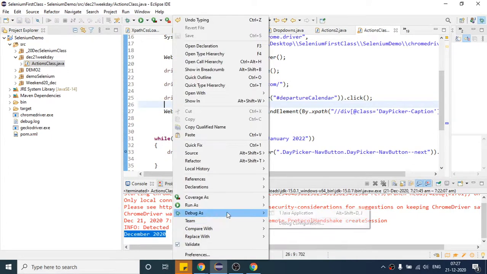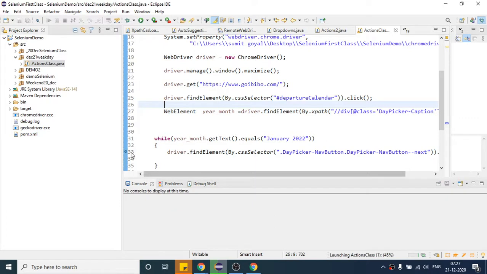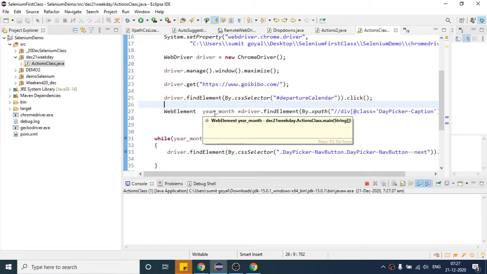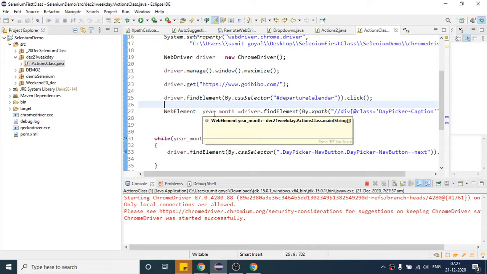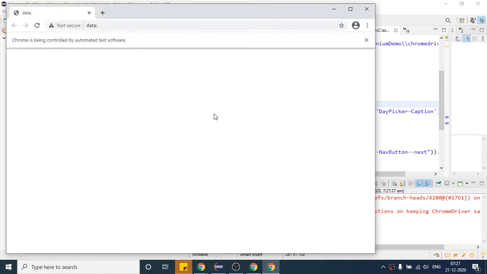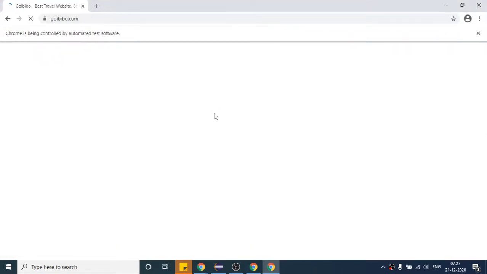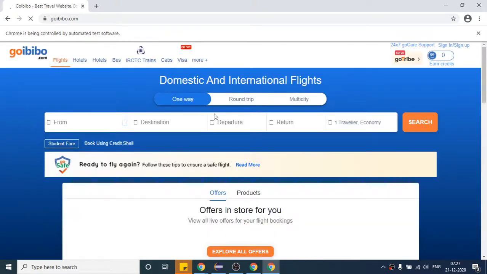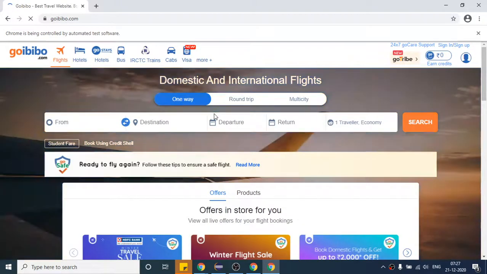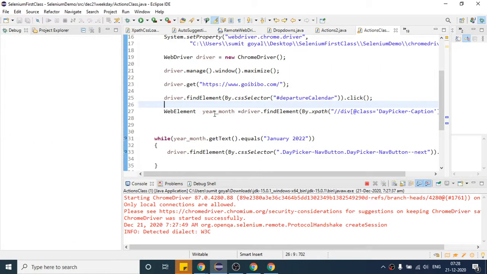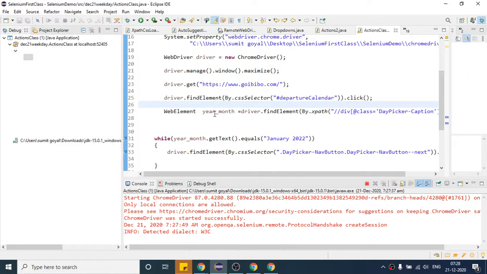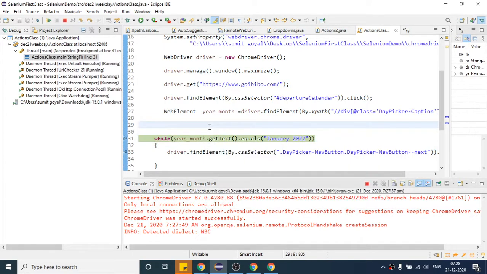If I debug this time, not run, debug, or let me put a debugger here as well. It has opened the calendar. Now we are here, on this line.